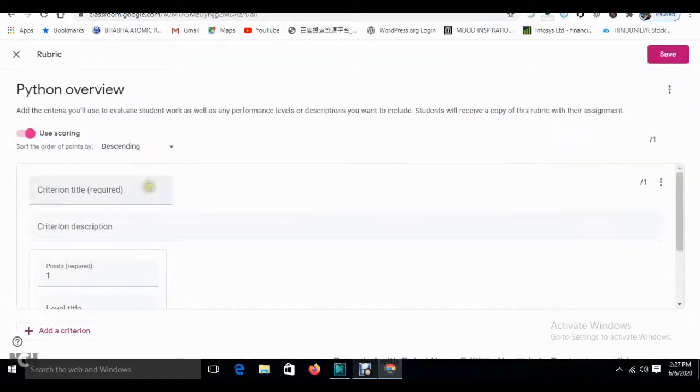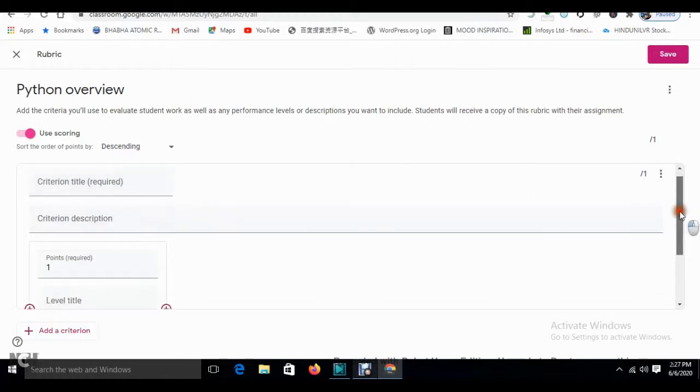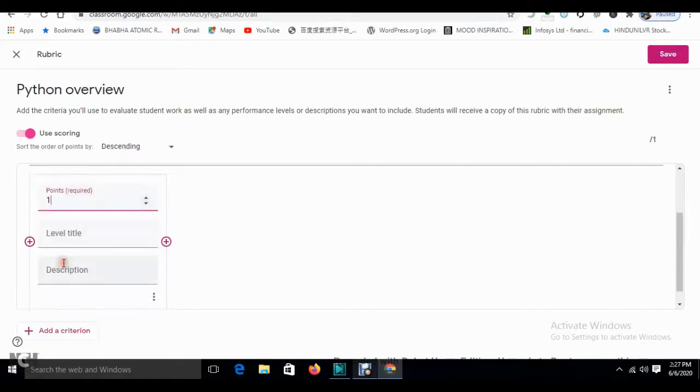See, rubric is the criteria based on which the answer is to be written, or what guidelines the answer should be written according to the marks allotted or provided. See over here, you can base the criteria, title criteria, as definition. If you write a definition of 2 lines, then you will get 1 point like this. And over here the next, and many of them.